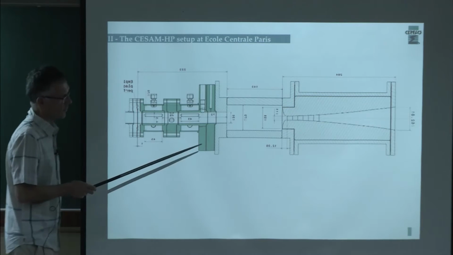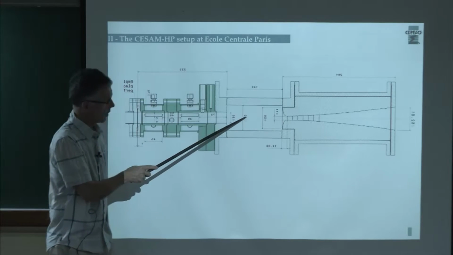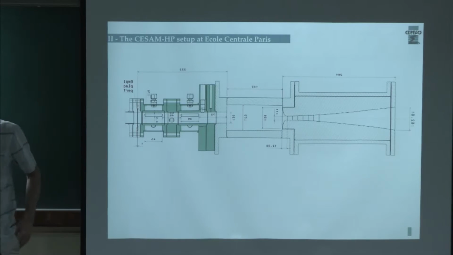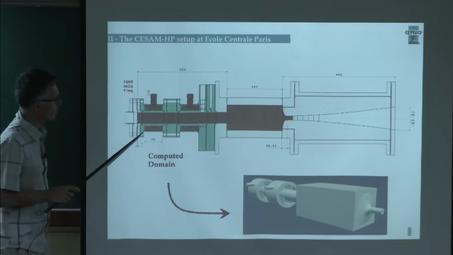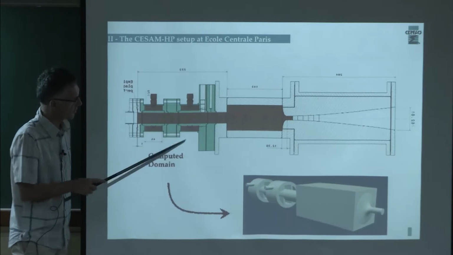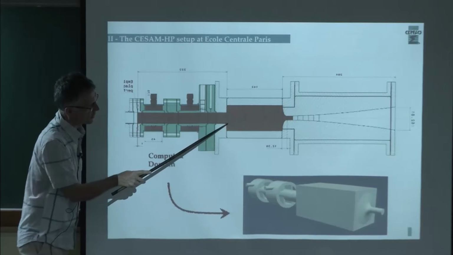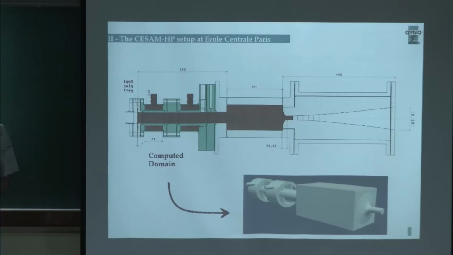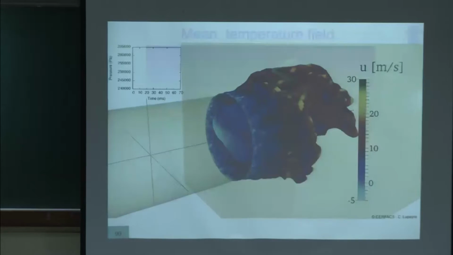That's a pressurized burner installed at École Centrale here, where you have a nozzle at the outlet. Pressure goes up to 2 bars approximately, and this system is very unstable. And we told them, before they built it, that this thing is not going to work, it's too unstable. You are injecting gases here, they are premixed here, and here the flame is supposed to be. So we did the simulation before they did the experiment, and we told them what's going to happen. So this is the mesh.